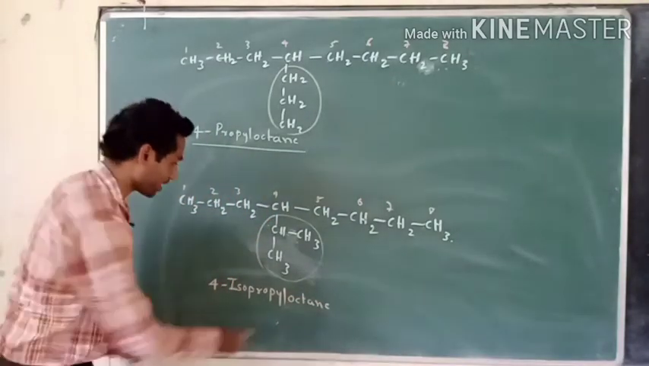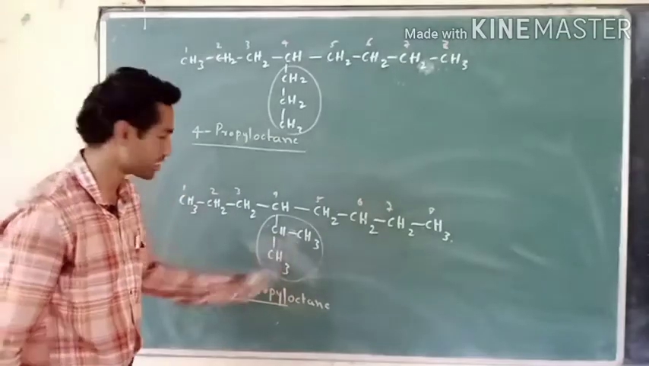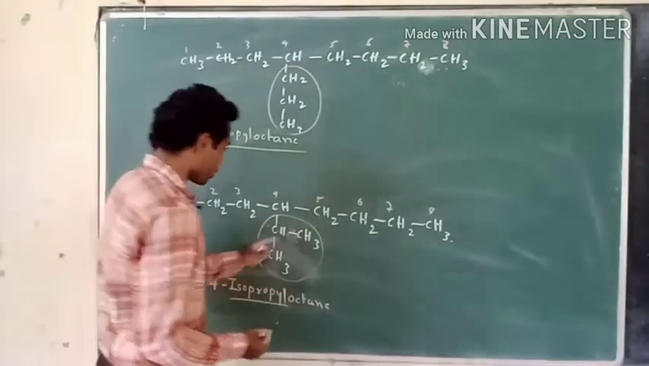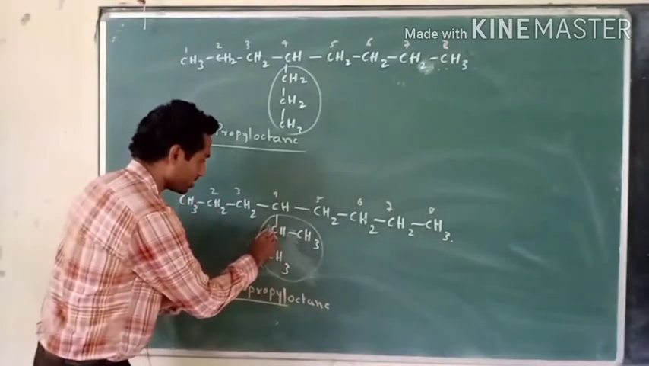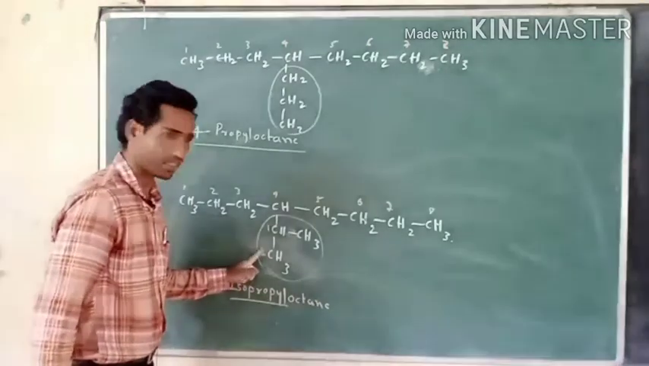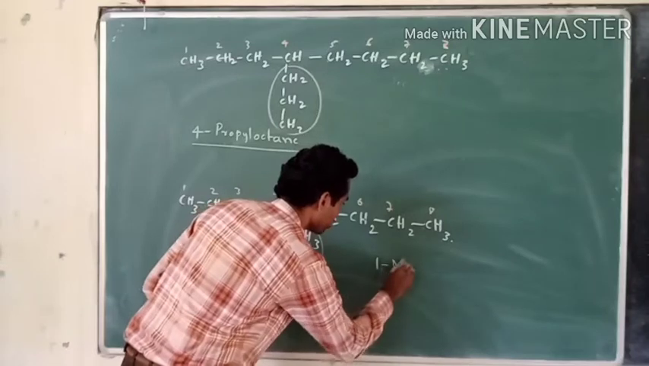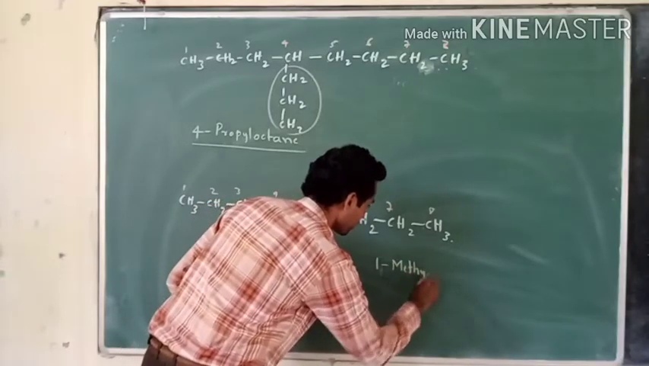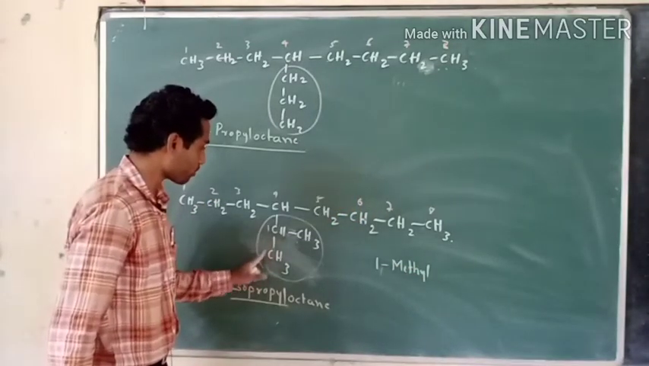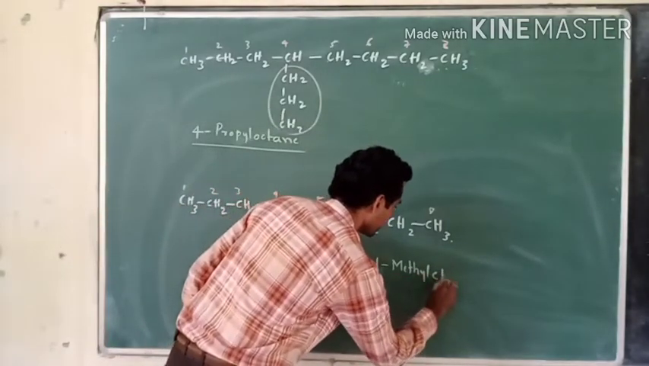This is the trivial name of this substituent. You can also write the systematic name for this. So identify the longest carbon chain in this. 1 2 is the longest carbon chain, right? At the first position, methyl group is there. Then how many number of carbons in the longest carbon chain? 2. Therefore eth